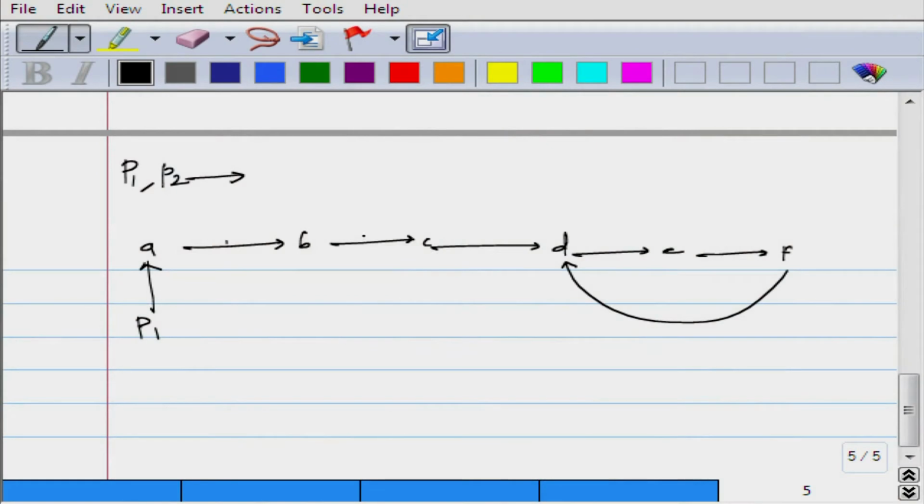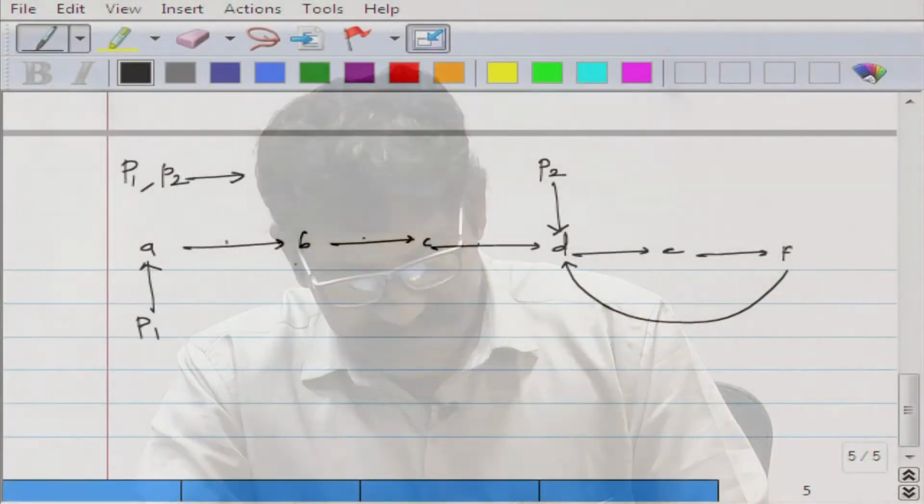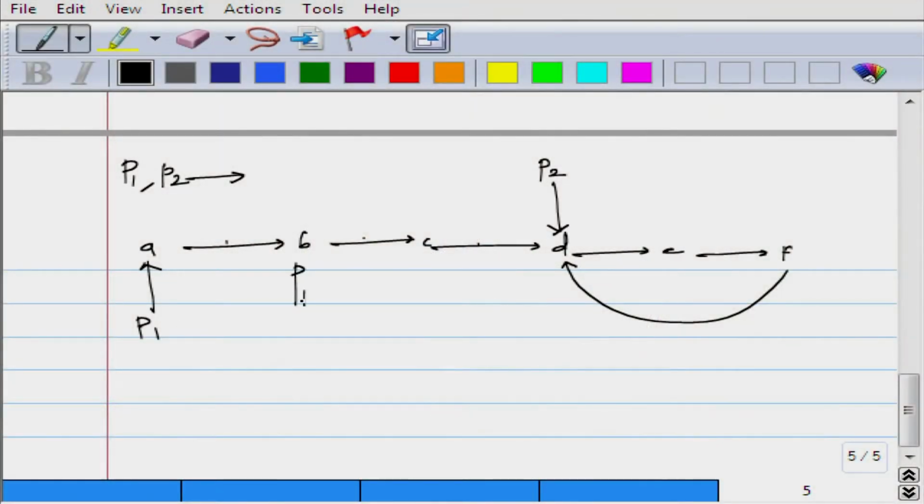So, 1, 2, 3 means P2 is pointing to the D, right, and then we will enhance these two pointers with an equal span. By the next moment, P1 is pointing to this, P2 is going to point to this. By the same movement P2 will be over here, then by the next movement P1 will be here, and in the immediate next movement P2 will be here, meaning again they are meeting at a point,